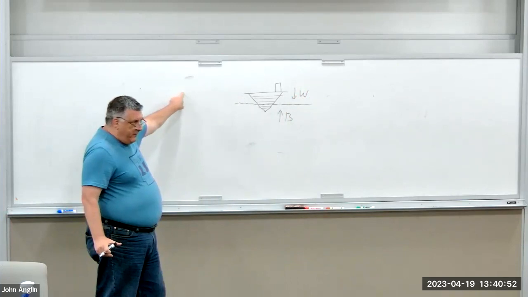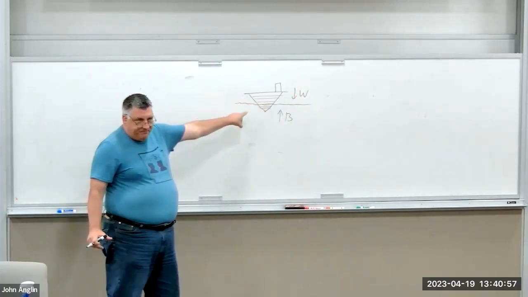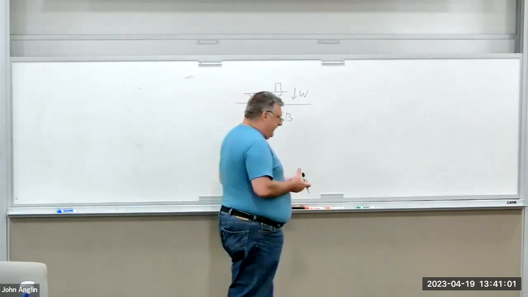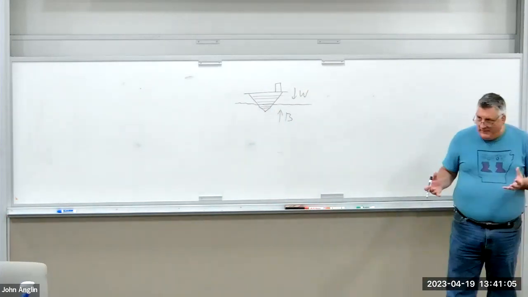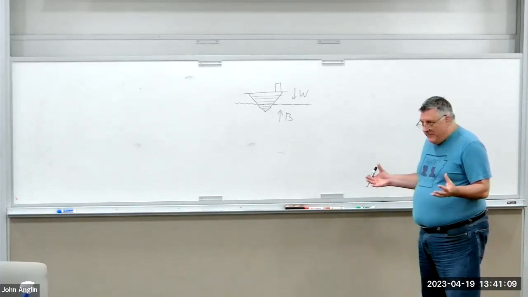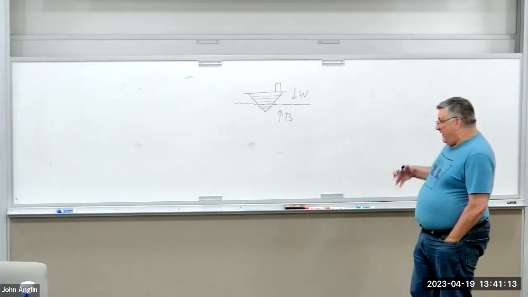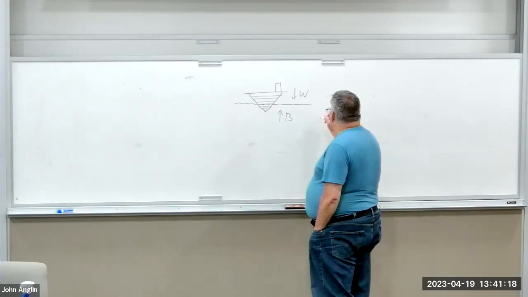Well, we know that this thing has got some volume and all the stuff in it has some density. So it's not air anymore. Air is our 1 kilogram per liter. Well, we'd have to figure out how many liters of space are in here, but we'd find an average density of this thing. But we do the same thing.